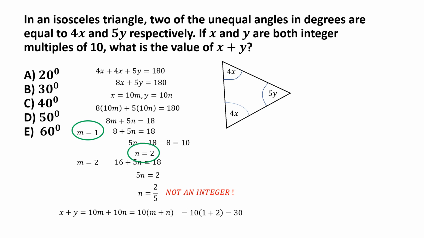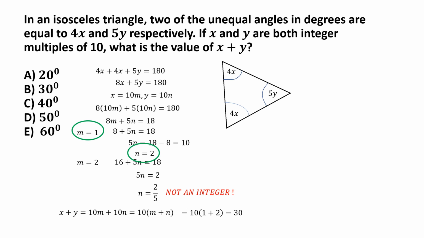And since this is a multiple choice question, it's okay to leave this here and just pick the answer of 30 degrees. That's option B. But strictly speaking, this problem is still not over yet, because we have assumed that the two equal angles are each equal to 4x. But nothing given in the problem told us that